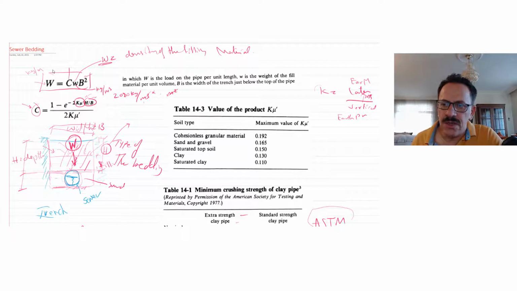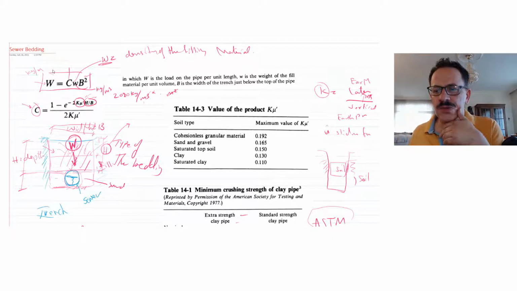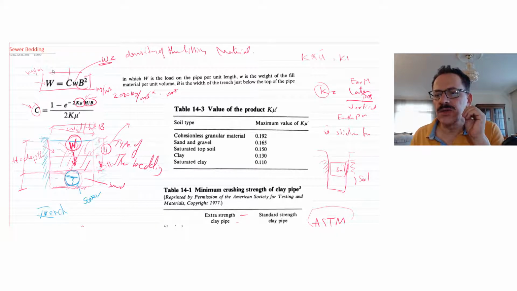So what should we do? We have to have this K, and U bar is the sliding factor between the trench soil, the trench itself, and the filling material. So when we have a soil that's used for filling this trench, and we have the original trench soil, we have two soils, there will be a factor between them. This is called U bar. Now, as a summary, K times U bar is called KU bar.